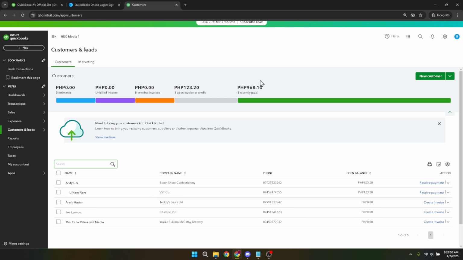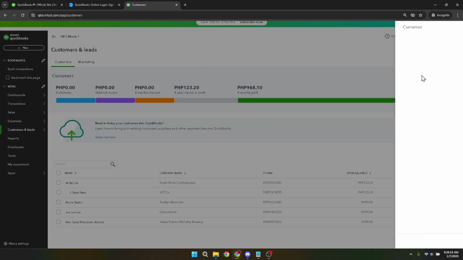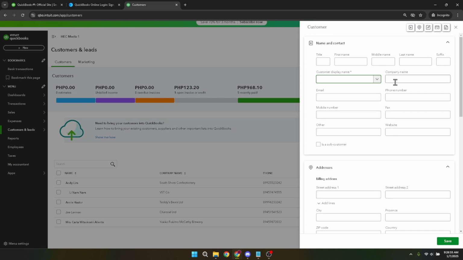As you prepare to add a new job, you'll need to create it under the correct customer. For this, you'll see a New Customer button. Clicking on this option will allow you to introduce new projects tied to your already existing clients, or even set up a new client if necessary. Once you click this button, you'll be directed to fields where you can enter information about the new job you're adding. Next, focus on the customer display name. This field requires the name of the customer, as you want it to appear on your documents or invoices. Don't rush this part. Accuracy here will help ensure that all further communication and bookkeeping remain organized and properly attributed.